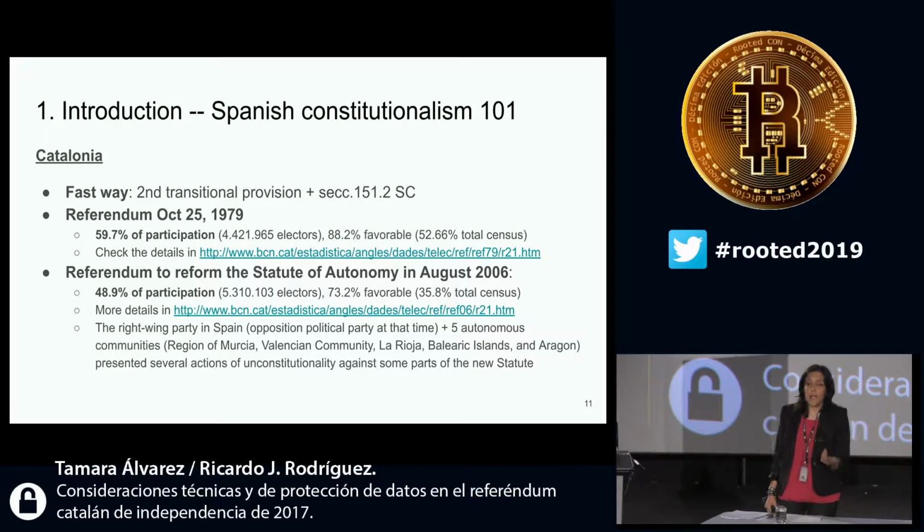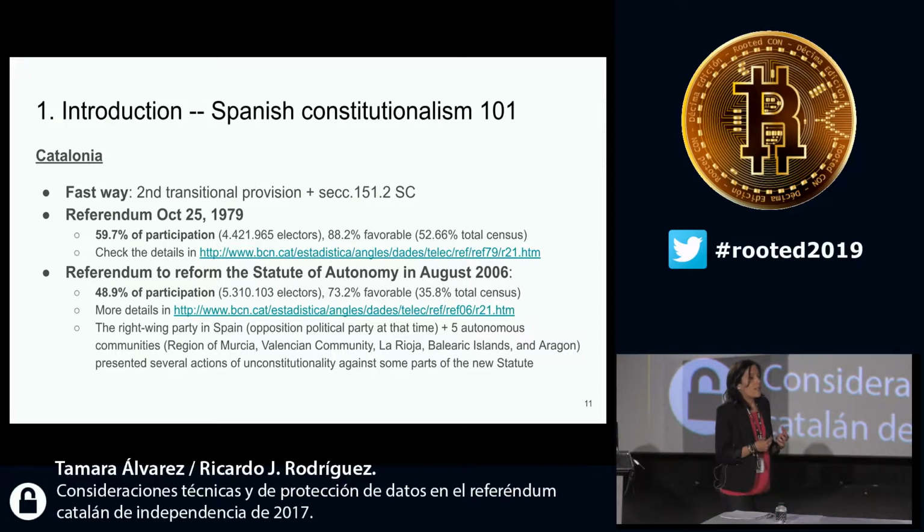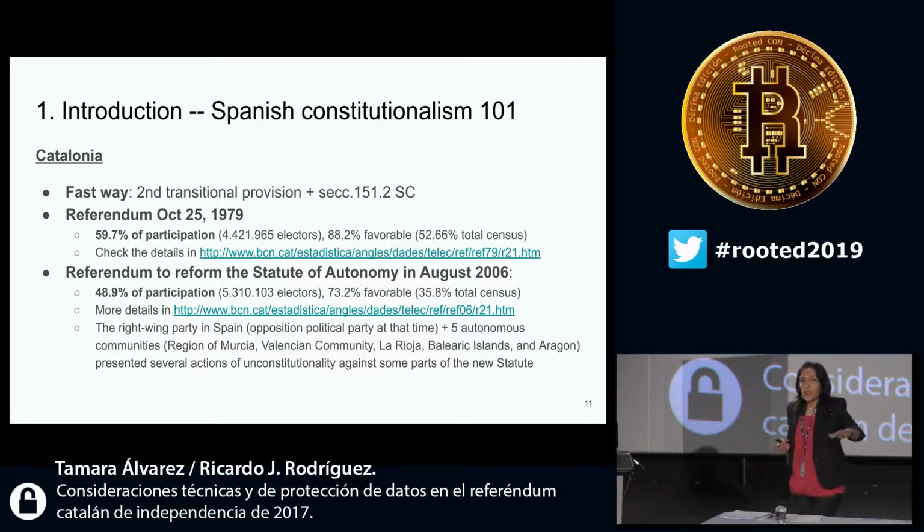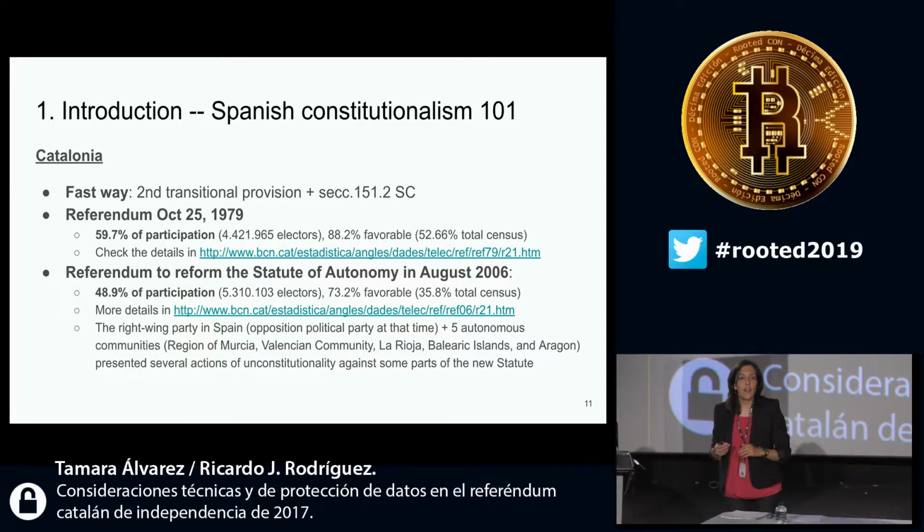Autonomy. And I'm talking about that reform in 2006 because that's one of the origins of the conflict in Catalonia. And why does this have to do with October 1st? I'm going to explain that. Because we actually have a statute project approved in the Catalan Parliament and ratified by about 35-36% of Catalonian people, and approved by the